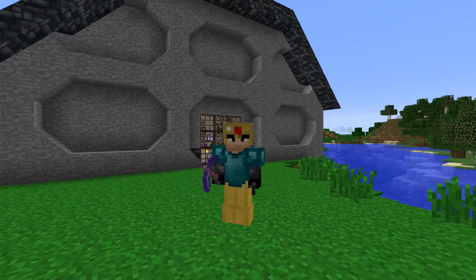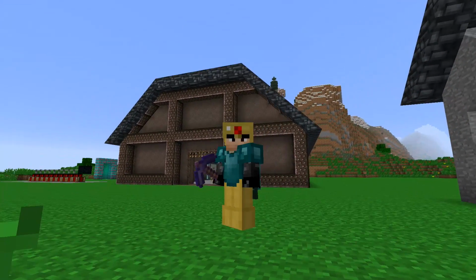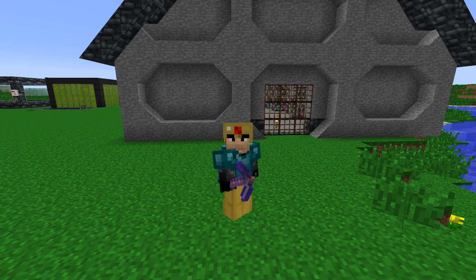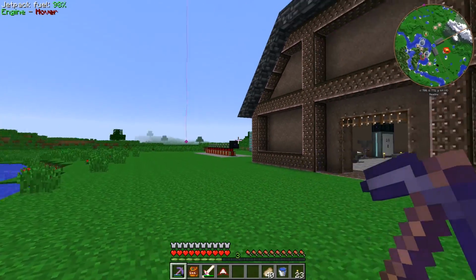I'll be working on the block layout for this sometime soon. We might go with something a little bit brighter than that block material that we've used over here, the brownish stuff. So we might go maybe a black and white or like a gray and white, something a little bit brighter. Anyway, guys, what I wanted to work on today